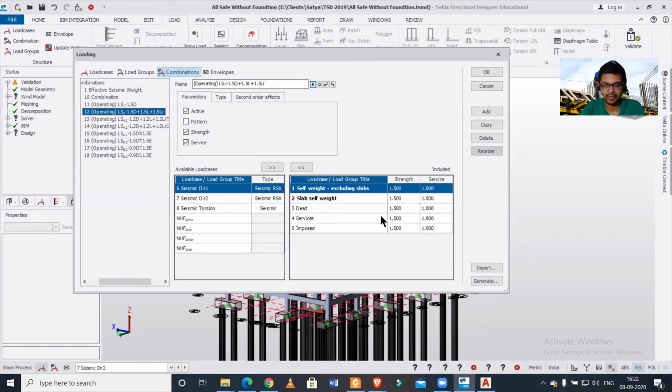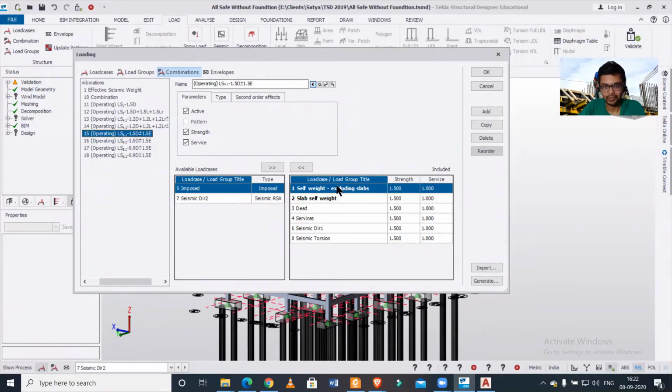So it is basically the combination of 1.5 dead load plus live load. Like that, if you see any seismic load combination, this is 1.5 dead load plus seismic load in X direction. Similarly, we have here 1.5 dead load plus live load plus minus seismic load in Y direction.